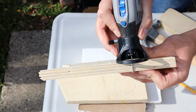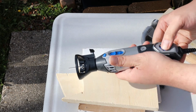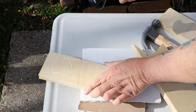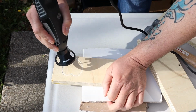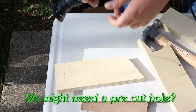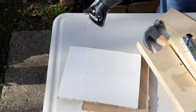When you're cutting through the whole board, you want to leave just a little bit of room. All right, that looks good. Let's see what it does. It's my first time with this one. Cut this little heart out. Whoa. You might have to have a piece already in there, huh? Let's see if it